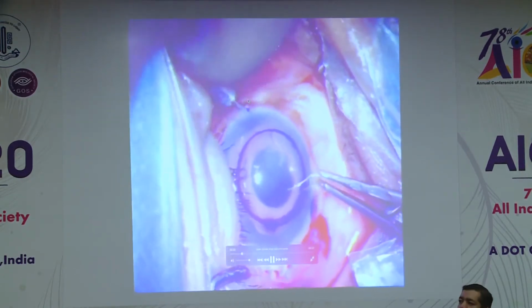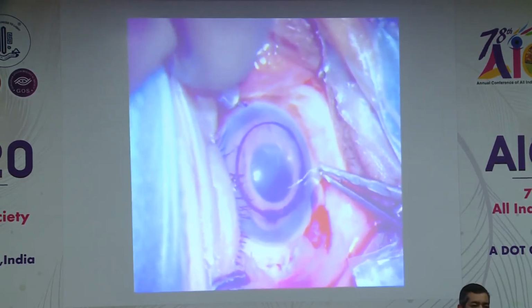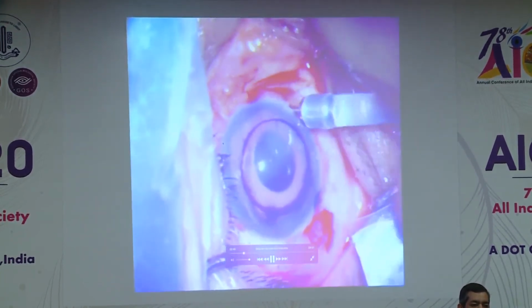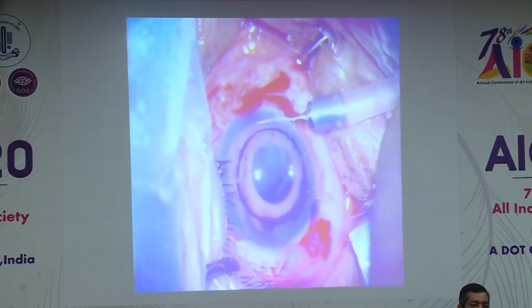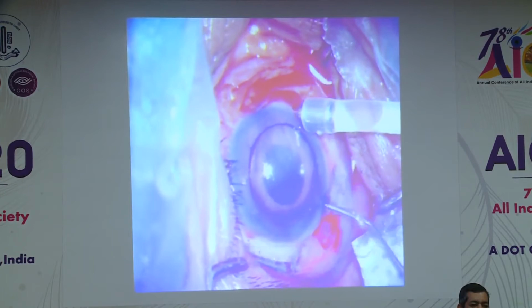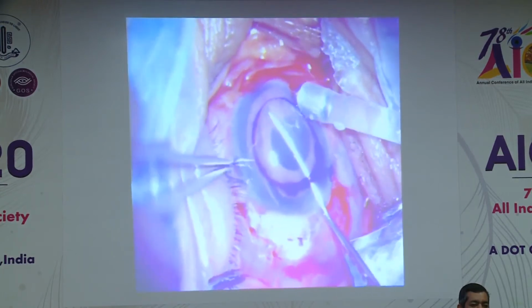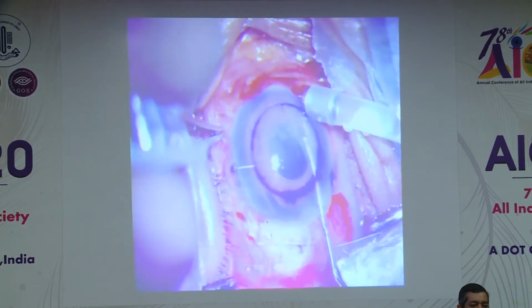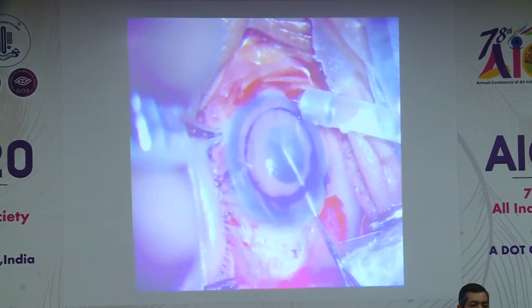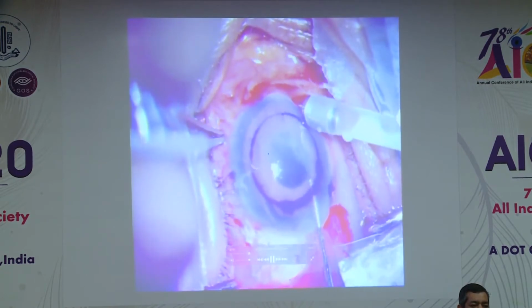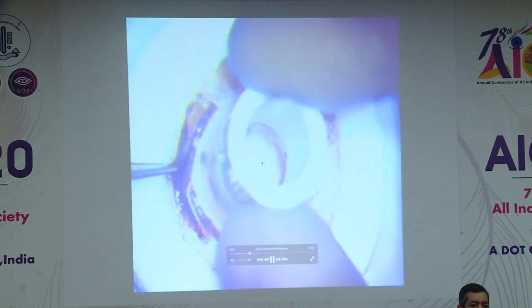AC maintainer inside, and I use a 25 gauge infusion. Here I had a problem which I realized only after I started doing the surgery, that there were sutures present of the IOL which was fixated. So I had to change my site from the traditional 9 o'clock. I had to go supratemporal, and after that I stained so as to mark the endothelium.